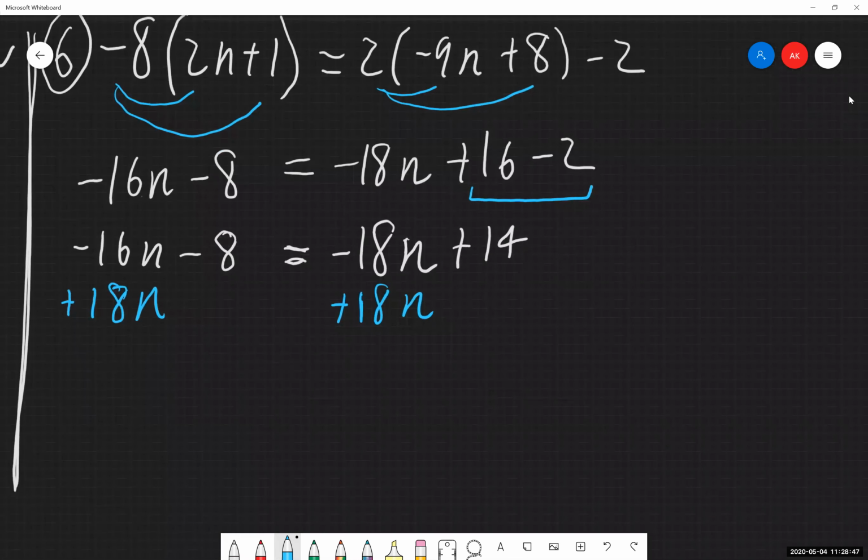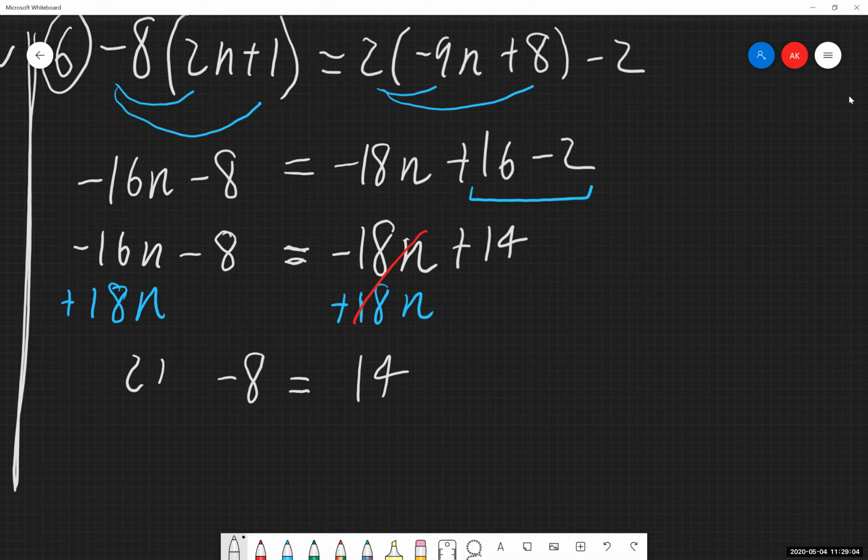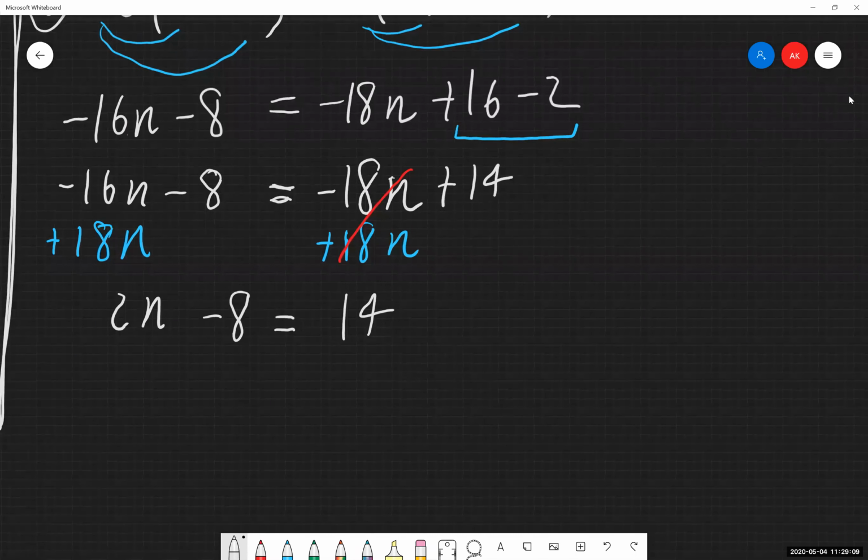I should also note as we're going through these, I've seen it show up fairly regularly that people will say, I'm just going to add 18 to both sides. I'm not going to add 18n to both sides. We have to make sure we include that n in there, because otherwise we're just adding constants, and that doesn't necessarily cancel anything out that we're working with. Be very, very clear, I'm adding 18n to both sides, working with the variables there.